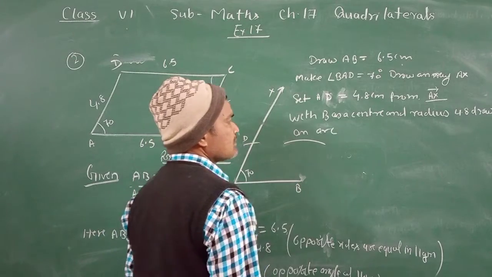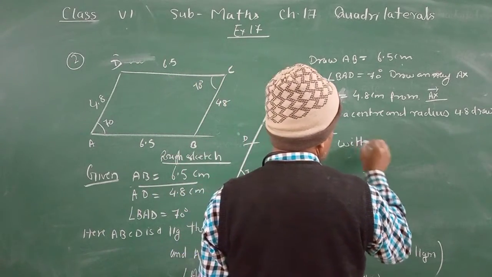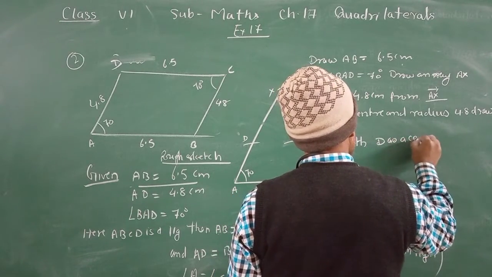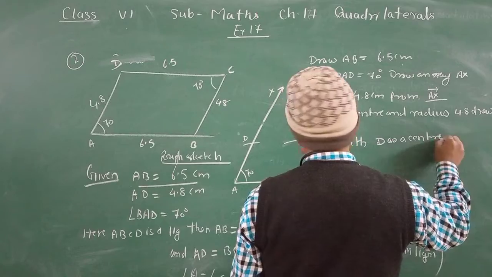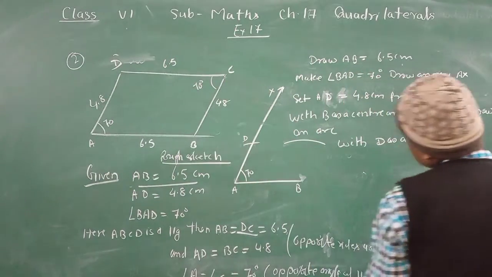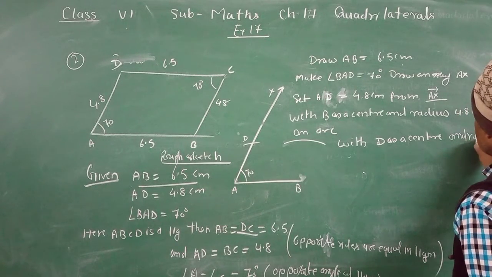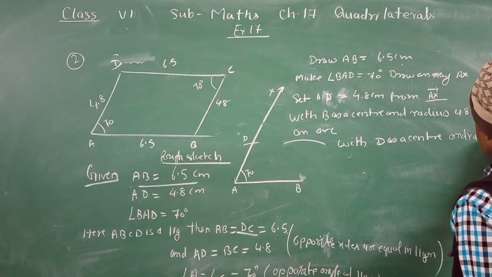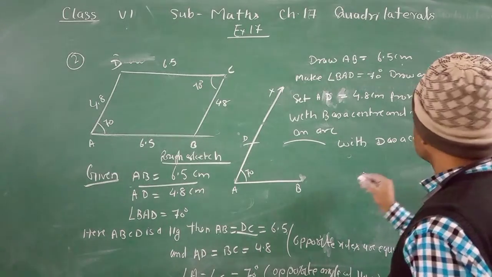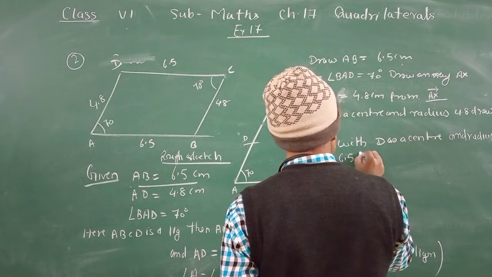Now with D as a center, what is the distance D to C? That is 6.5 cm. With radius 6.5 centimeter,